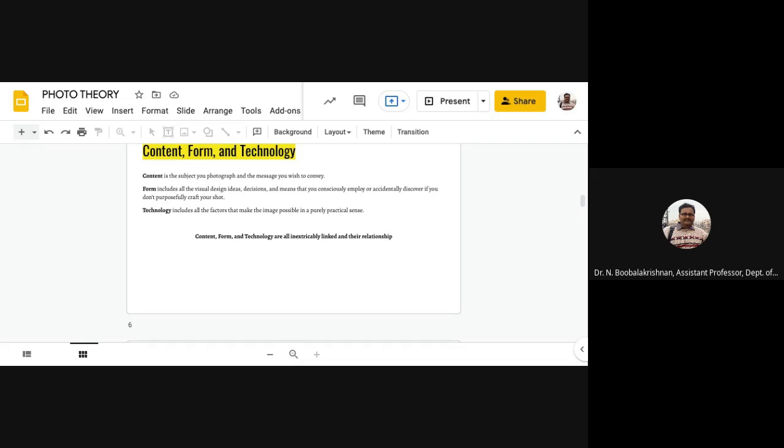So far, what we have discussed, I put it in three aspects that a photographer should know about taking their photograph.